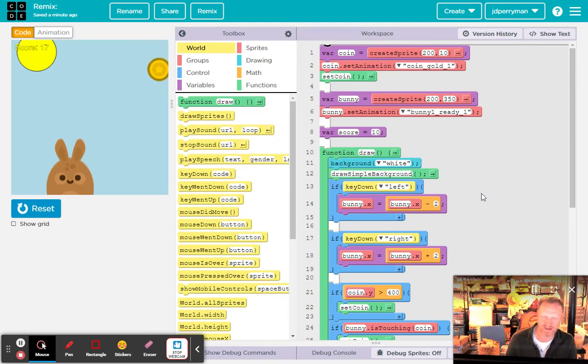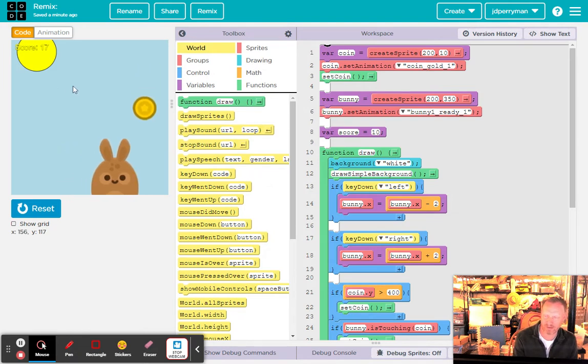Okay, so I'm going to see if I can make this sprite shoot something. So watch what I do. This is a pretty basic game. This is just where they're catching it. But what if I wanted to have it where I was shooting the things that were falling? So essentially, all I'm going to do